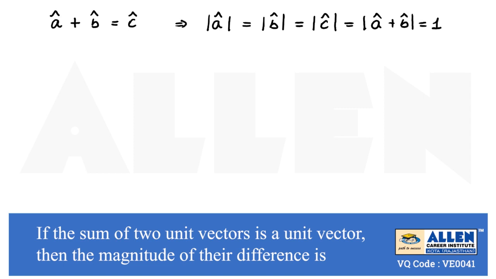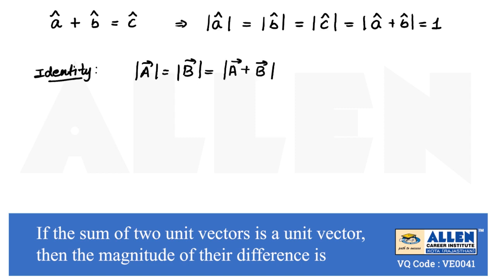Now we will use an identity which states that if two vectors are equal in magnitude, a vector equal to b vector, and their resultant is a vector plus b vector, let it be r vector, then the resultant is given as